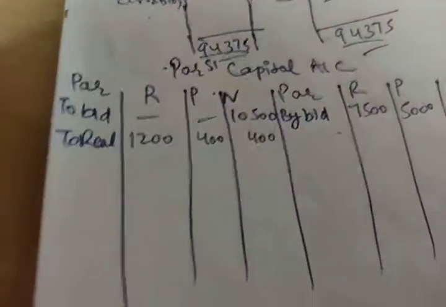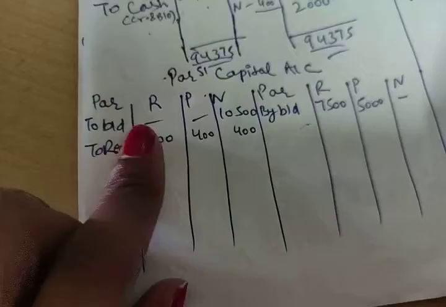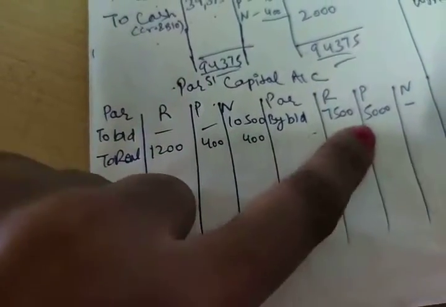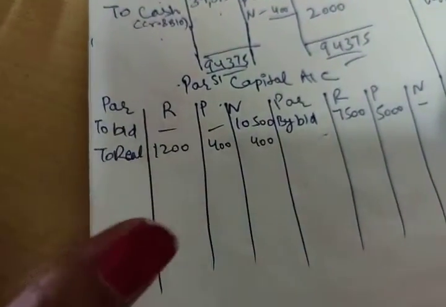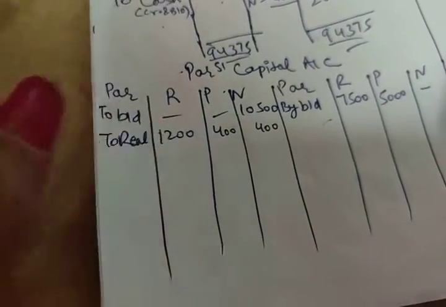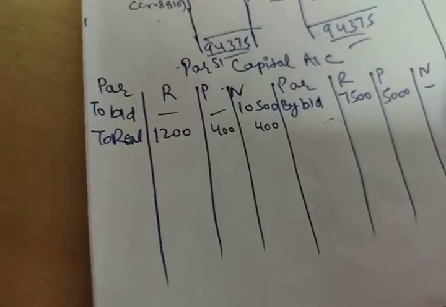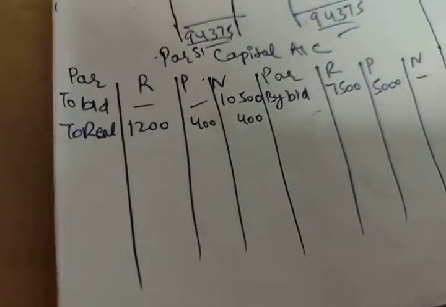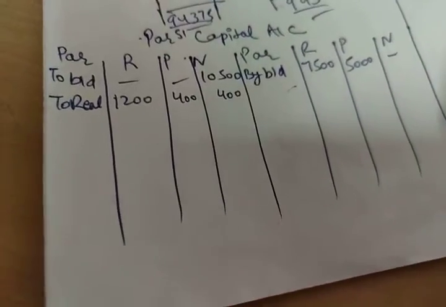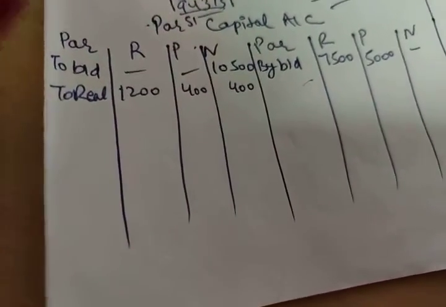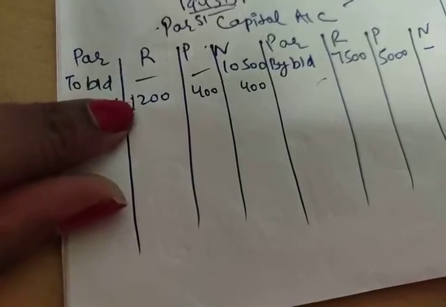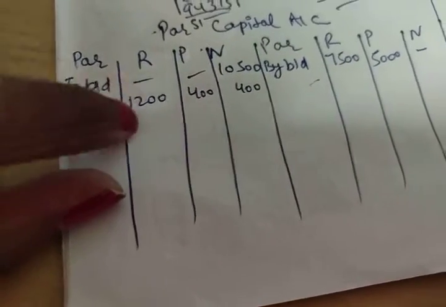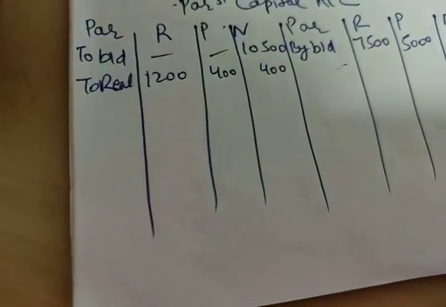Now please listen carefully. You have to compare the debit balance and credit balance of each and every partner. And then we have to check who has a deficiency and who can make it good. Because the firm is dissolving, we have to try our maximum to settle each and every account. Now if we check for R, he has to make good 1,200. The debit balance is 1,200 and he has on the credit side 7,500. That means he has sufficient.